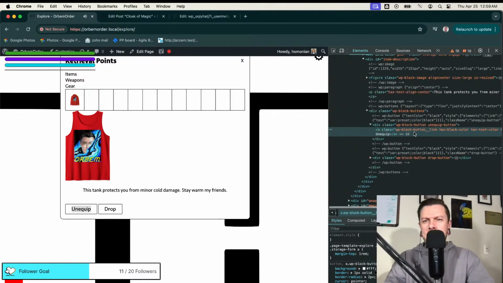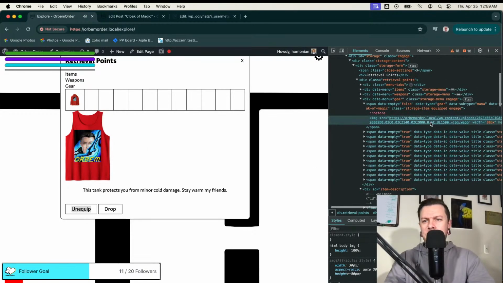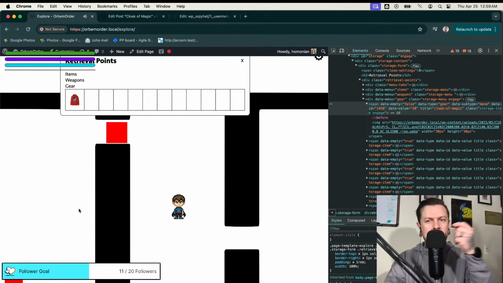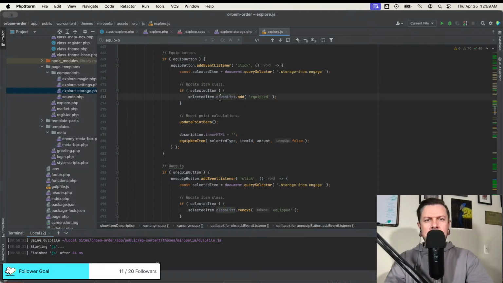So this does not have equipped. It does have equipped. Oh, is it like opposites day? Let me see here. No. So let's see what's happening. So we're adding the class equipped. I mean, I guess I could just say whether it's equipping or not. No, because I wanted to do a general thing. It had to be everything that's equipped.